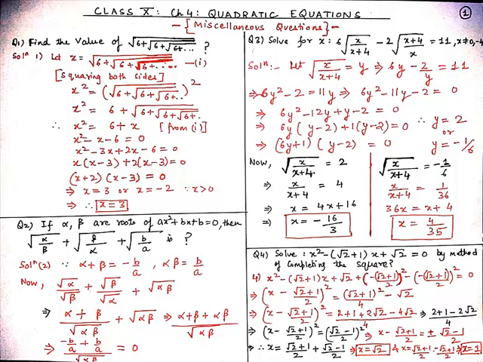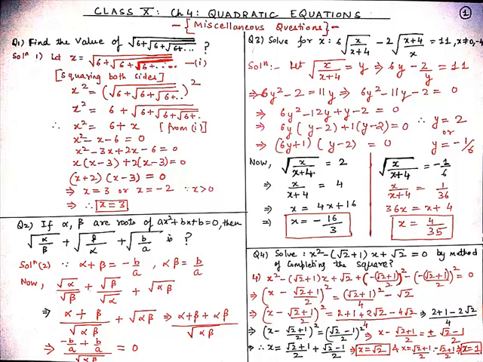So from here we get two factors which are (6y + 1) and (y - 2) which is equal to 0. So from here we get y = 2 and y = -1/6. And now since √(x/(x+y)) = y, when we put the value of y, we get √(x/(x+4)) = 2 and √(x/(x+4)) = -1/6.